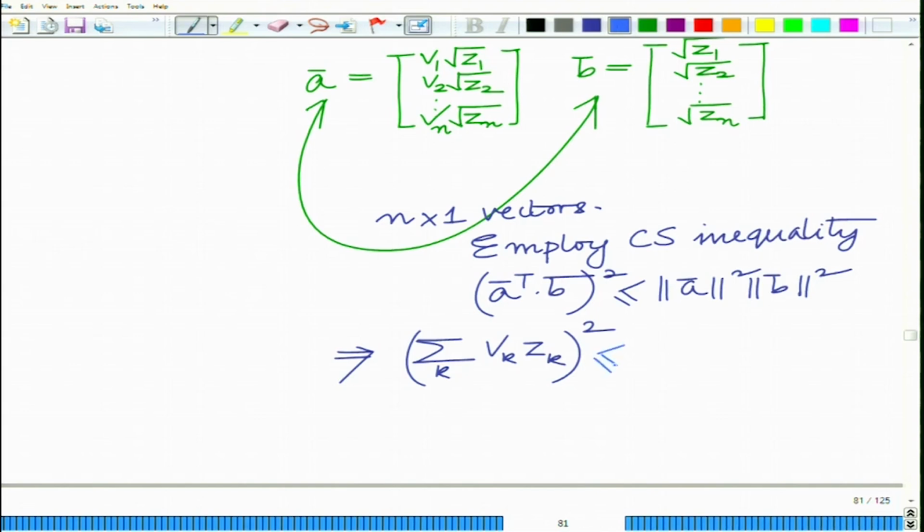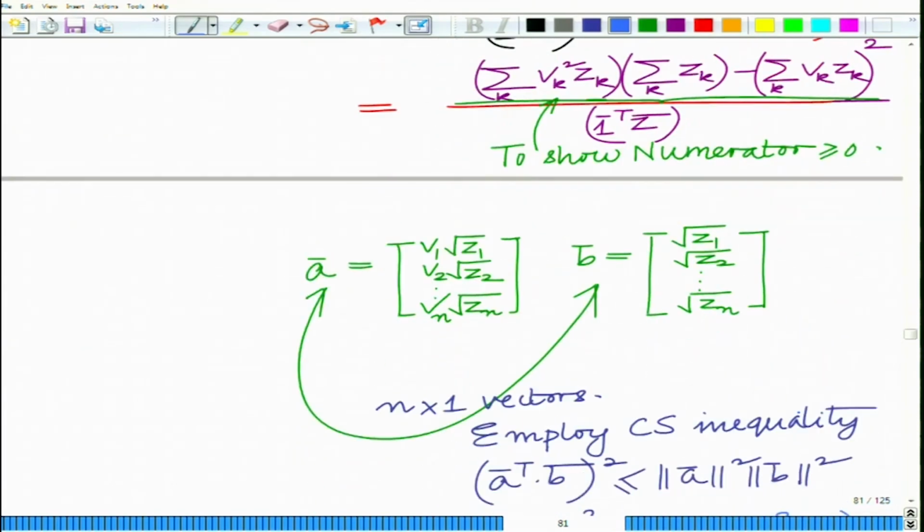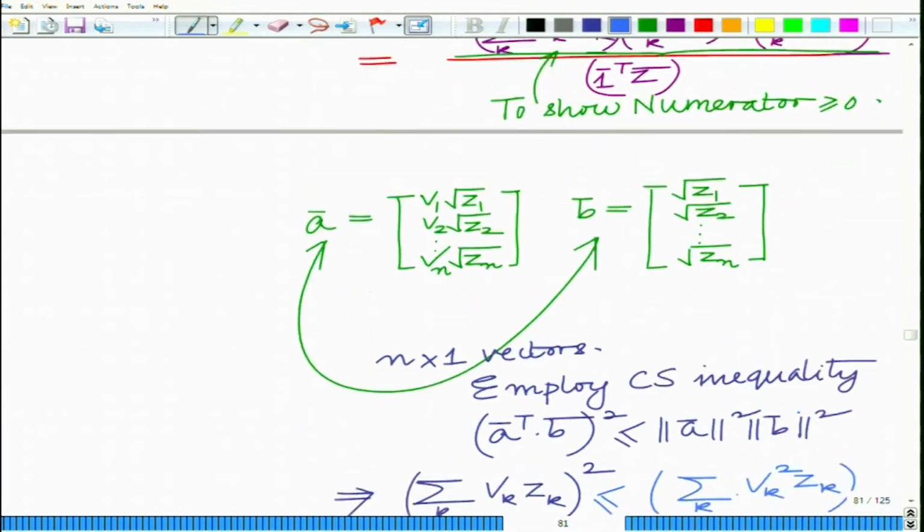This is less than or equal to norm A bar square, which is V1 square Z1 plus V2 square Z2 plus so on Vn square Zn. So, this will be summation K Vk square Zk times norm B square, which is Z1 plus Z2 plus Zn, which is summation K Zk. So, this quantity on the right is less than or equal to the quantity on the left,